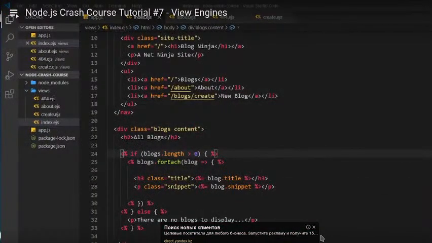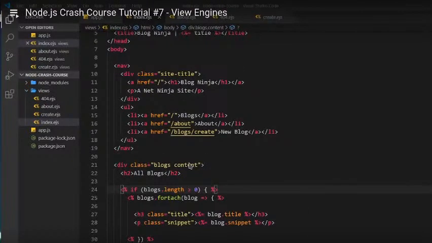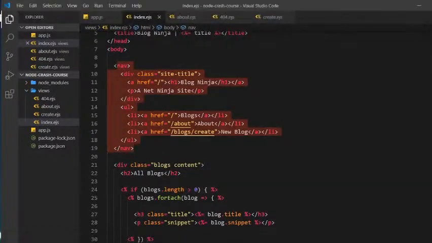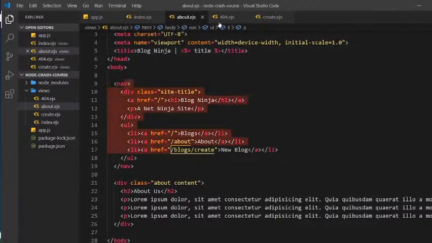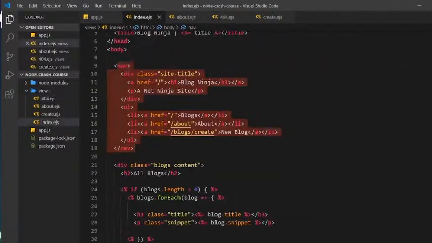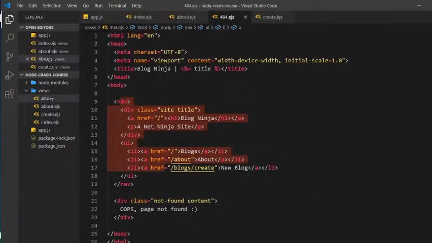Okay then, so if we look at our different views at the minute, all four of them have a lot of the same content. They all have this nav, for example, which is identical on every single one of these views. Now, that's not really efficient, because if we then changed the nav in the future to add different links or change the links, then we'd have to go through every single view we had, and that could be above 10, it could be 20, it could be even 30, and we'd have to change that nav in each and